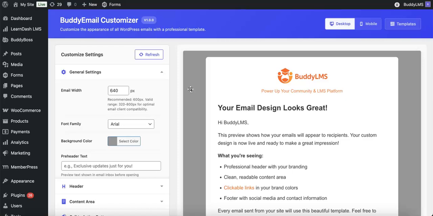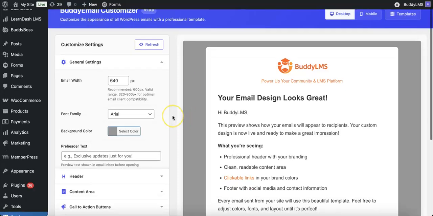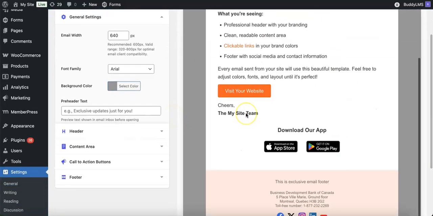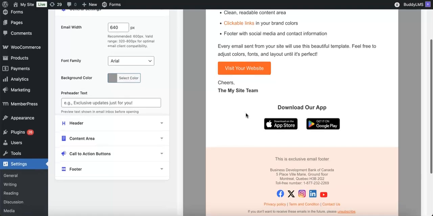So if you use BuddyBoss, for example, it has a lot of emails, and if you send these emails, they generally have basic text and a basic layout that doesn't represent the branding of your site or your platform, right? So that's why we have created a common email design layout, and this is a kind of customizer where you can design your email branding, and you can add a lot more details, for example